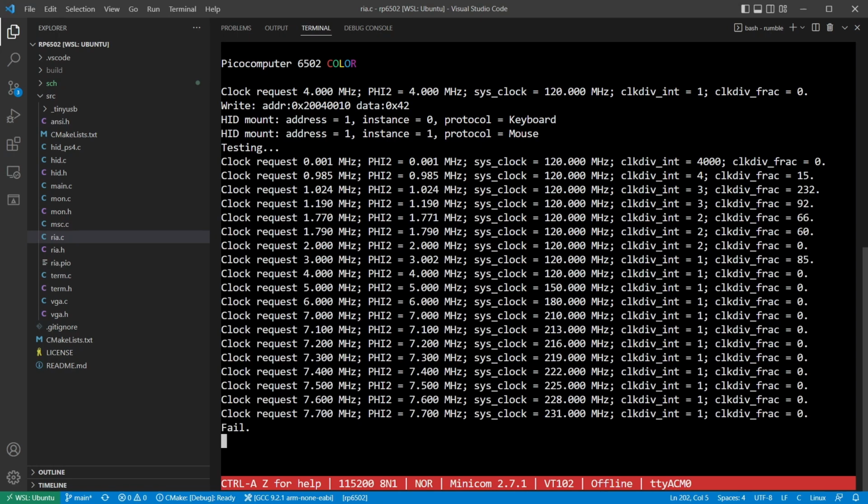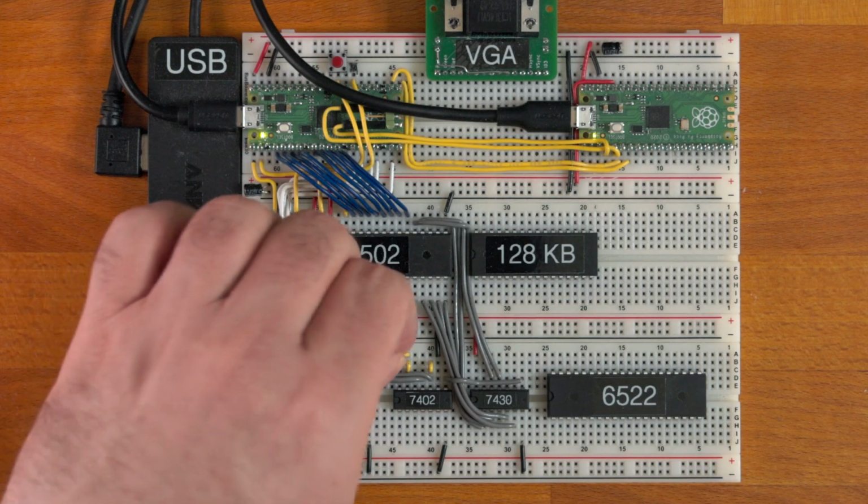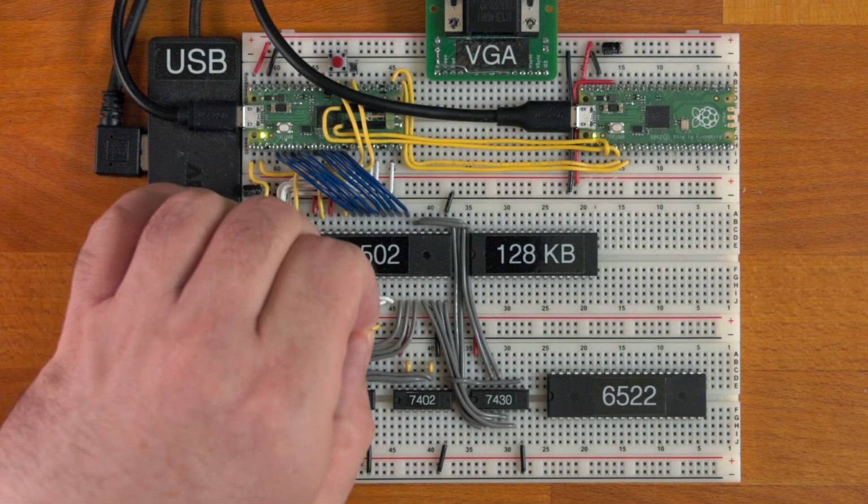Nothing is ever easy. 7.7 MHz, are you kidding me? The PIO program was certainly a lot more complex now, but it wasn't lacking resources, and I was sure it wasn't broken. Stopping so close to the target with 100 kHz precision made me think it was hardware. Of course, the newest hardware was the most suspect. Troubleshooting was fast because bypassing the new chip select logic eliminated the problem.